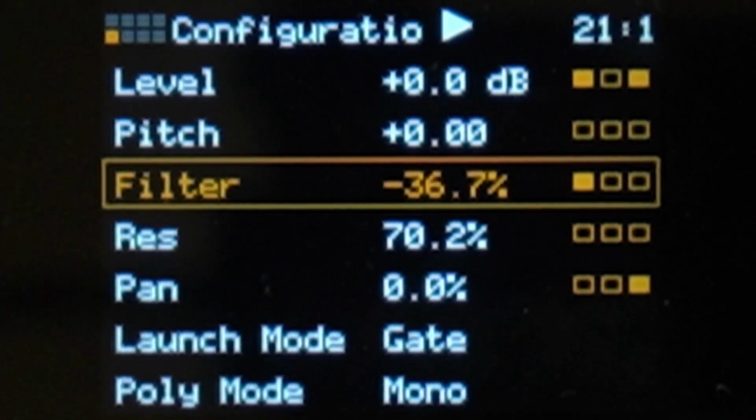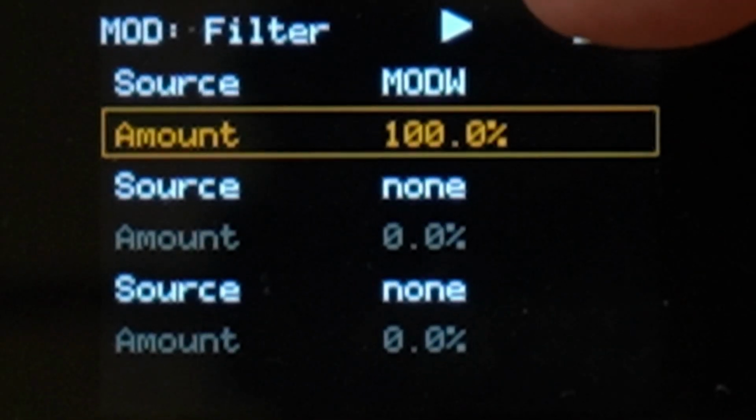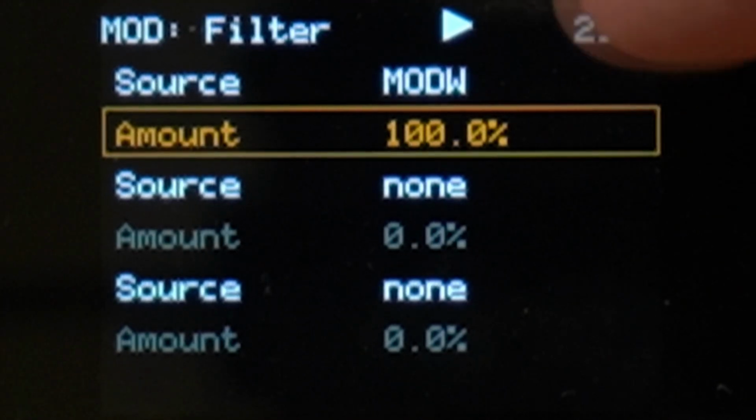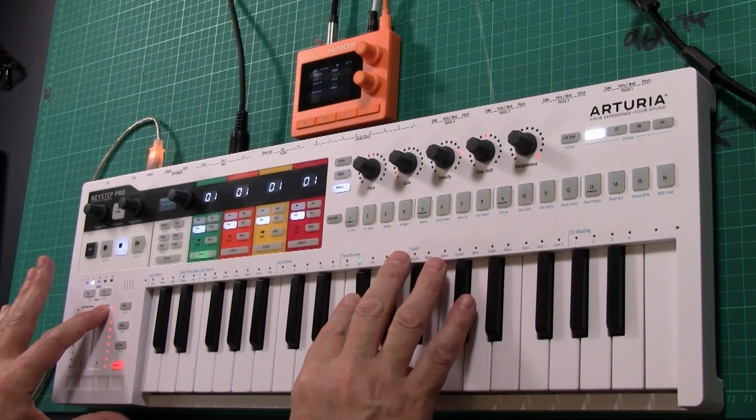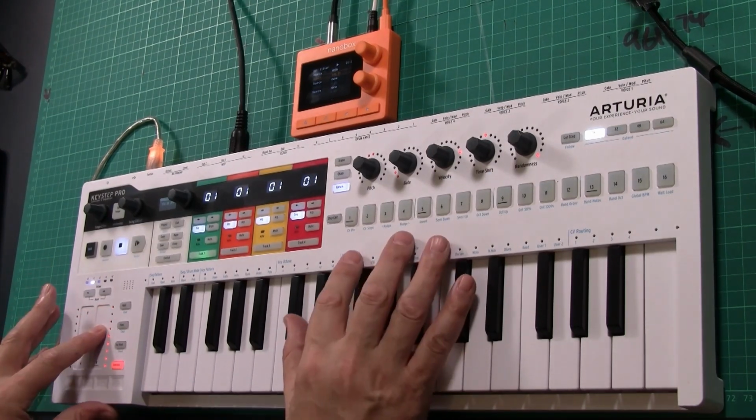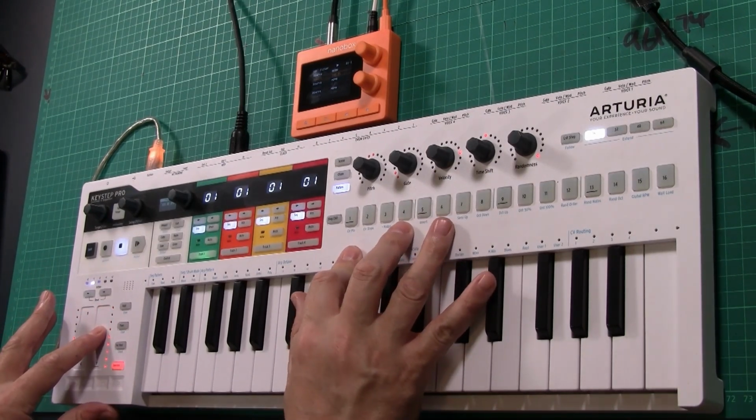I've set the filter to minus 36% here. Let's turn it down a little bit more. Put it to minus 50. If you apply modulation to the filter, if it's positive modulation, up to plus 100%, that gets you into the high pass. And if you apply negative modulation, i.e. down to minus 100%,